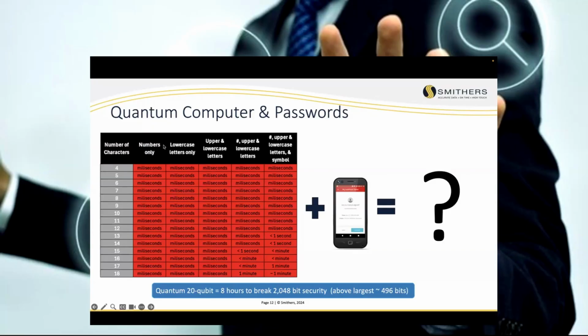Well, if you have this highest combination, 18 characters of upper and lowercase letters, numbers, and symbols, a quantum computer is going to break it in about a minute. So, what's the value at that point of having a password? Multi-factor, again, we're not sure what the impact of that's going to be, but it will definitely secure it. So quantum computing is a great thing, but quantum computing is going to make cybersecurity incredibly difficult.